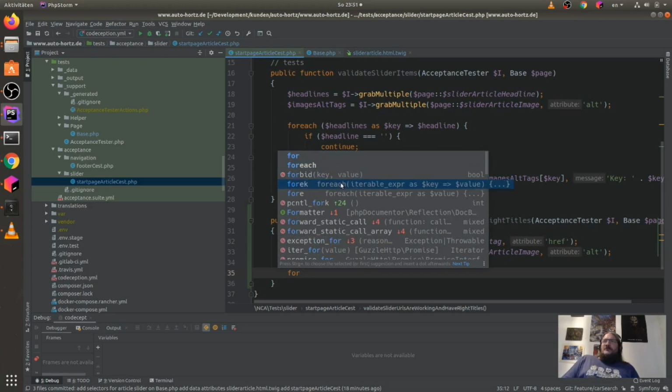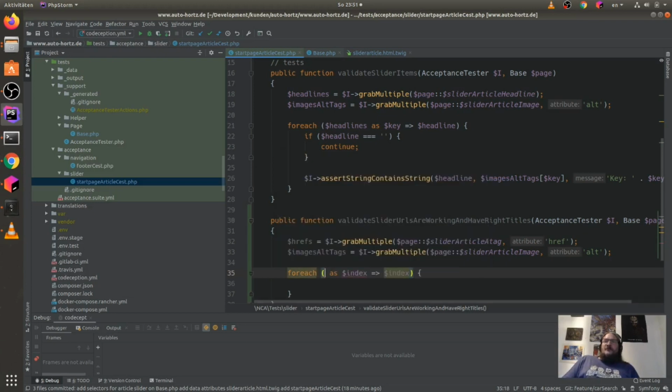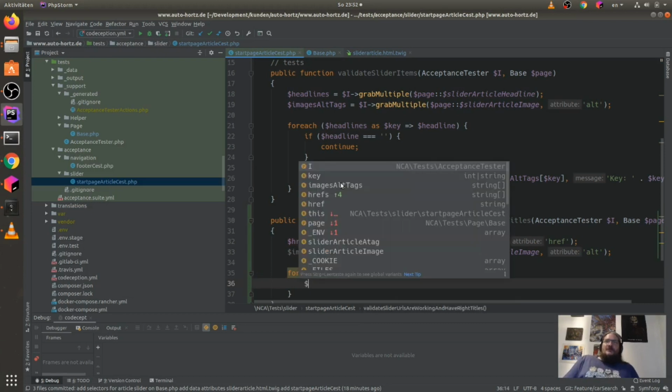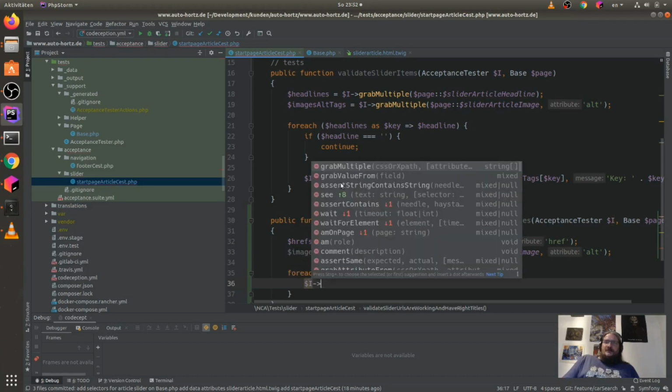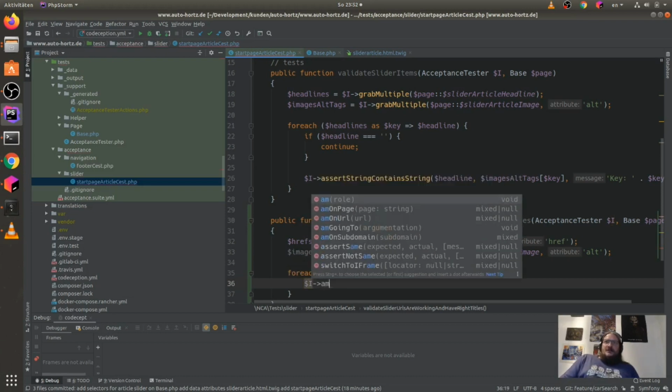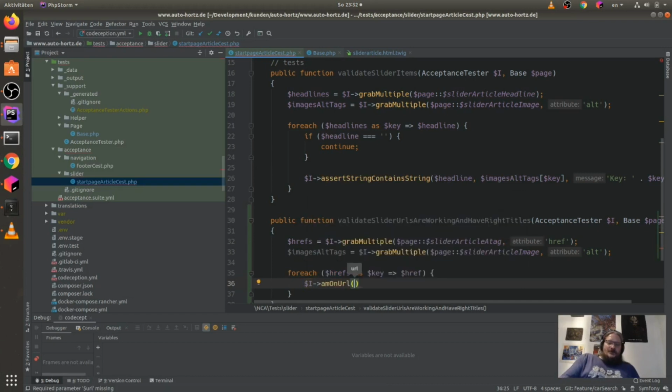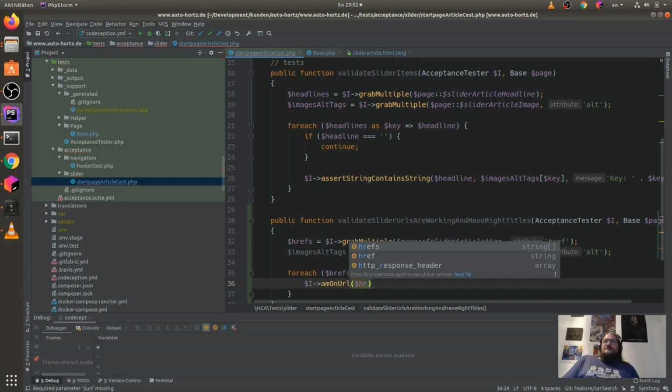Foreach with key, I don't use it so often, sorry for that. href as index is key for me, and as href, and now we just $I am on URL $href,